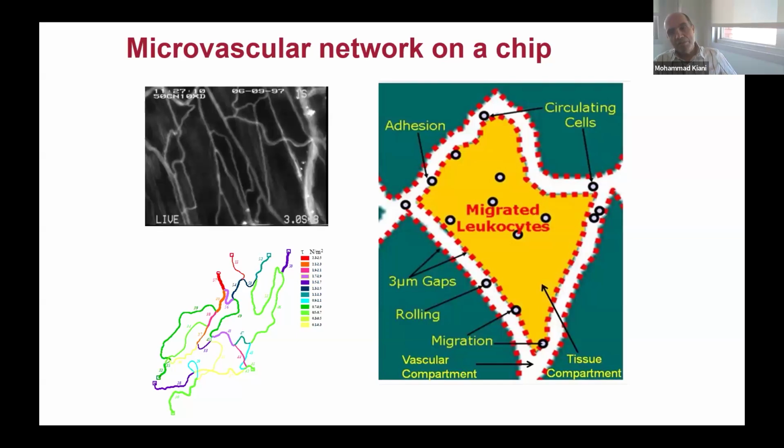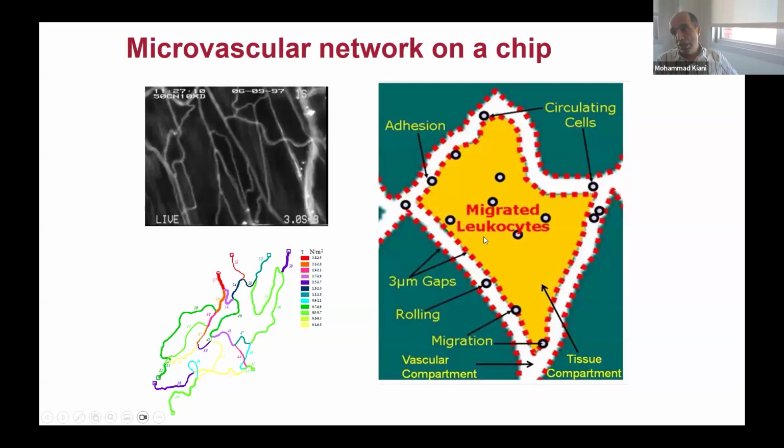So how did we do this? We started with an animal model, which you see in the left upper corner. This is from a microvascular network in an animal. More than 20 years ago, we developed a methodology for complete mapping of these microvascular networks, including all the fluidic components and all the various measurements. Then this was put into a GIS system, similar to the type of system you use for GPS on your phones, probably. And then this graphic shows how we map this on a chip, essentially reproducing this complete microvascular network